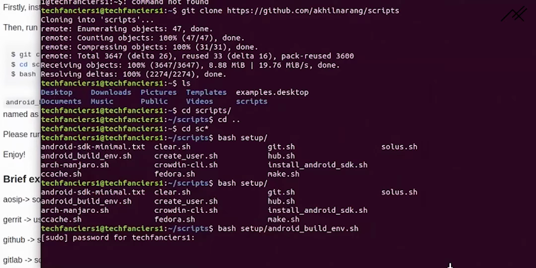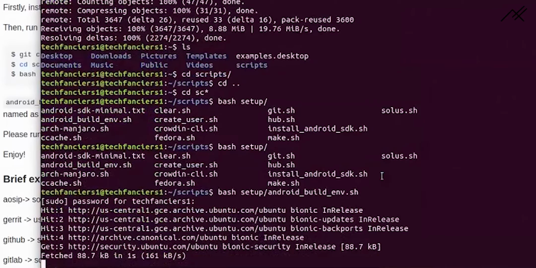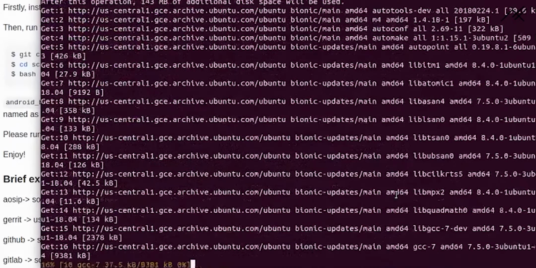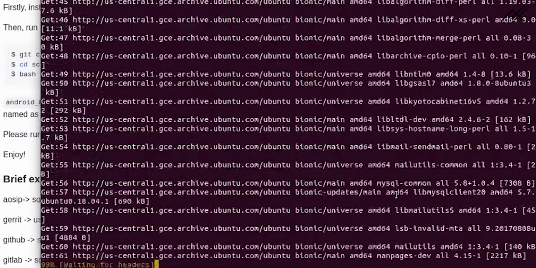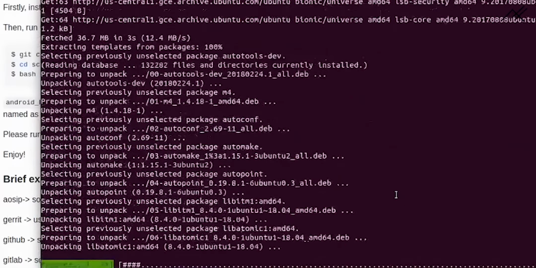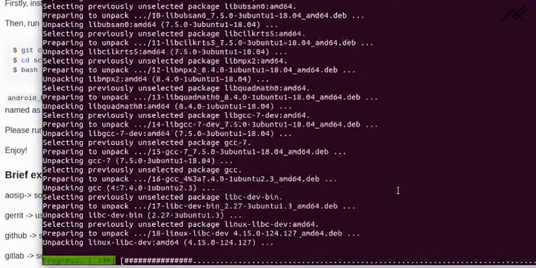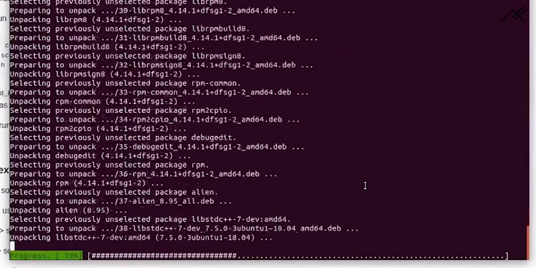It will ask for the password which we have set for this user. I'm just typing it. Don't forget this password. It will automatically run all the scripts and do the installation part. Whichever tool we require to build the custom ROM, it will automatically download and configure for us.